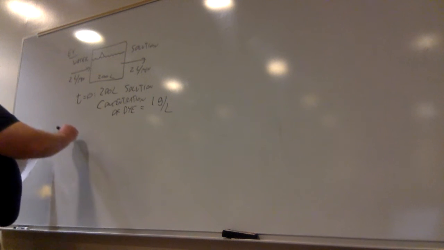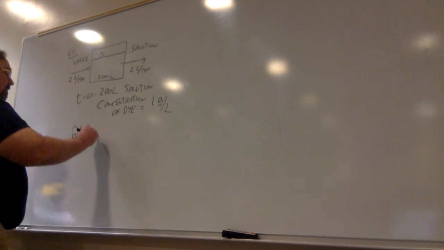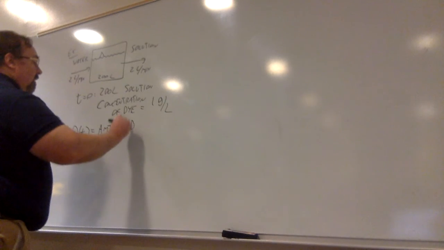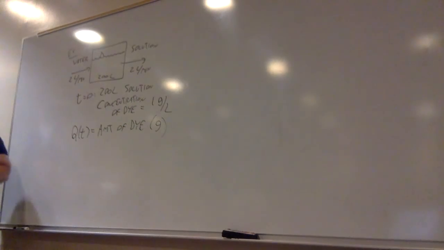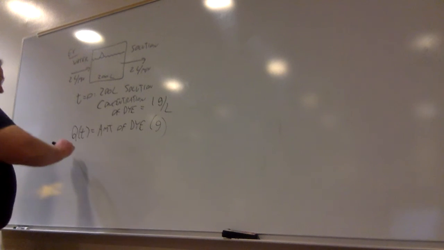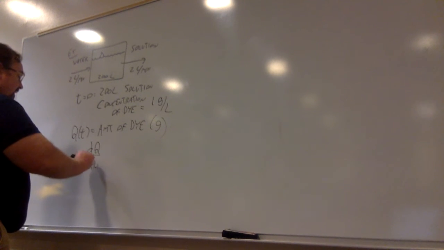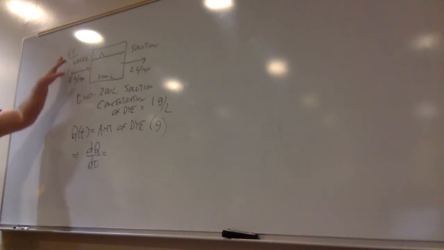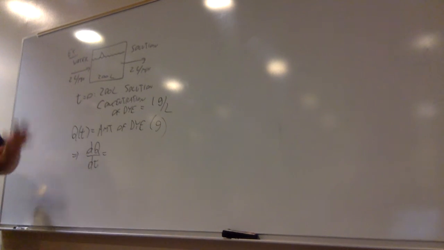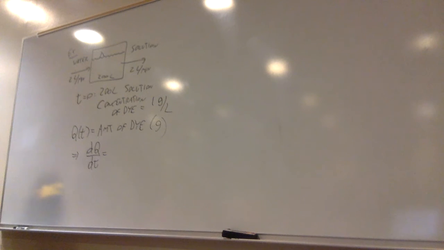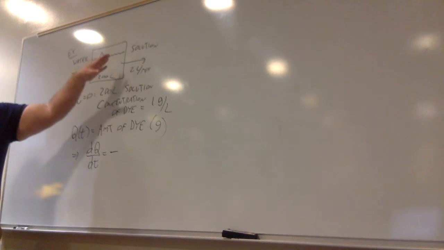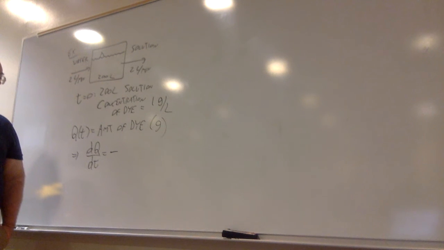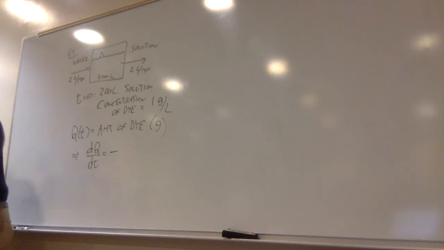Okay, so if I let Q of t be equal to the amount of dye in the solution in grams, then we have dQ/dt is equal to inflow rate minus outflow rate. Now, there is no inflow of dye because it's pure water that's coming in. We just have dye going out. So that's going to lead to a minus. So as far as how much dye is leaving per minute, so we have,